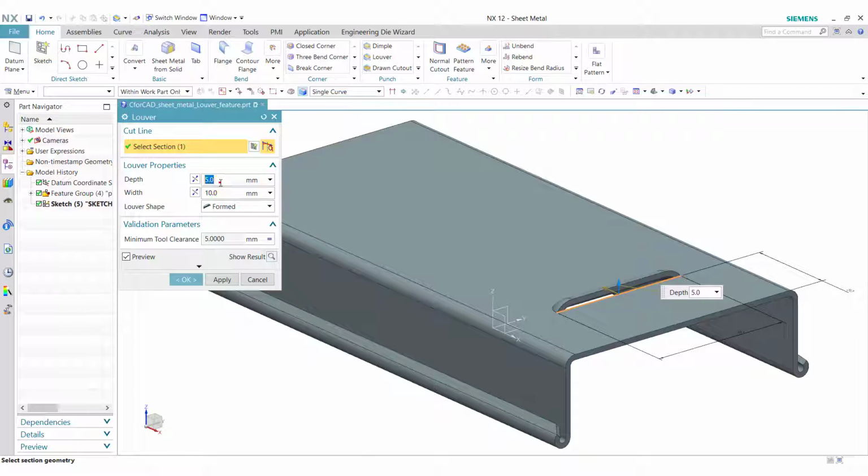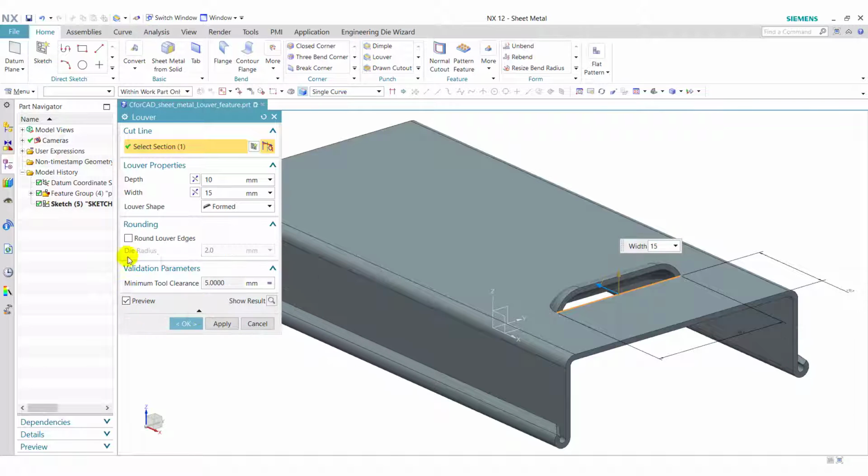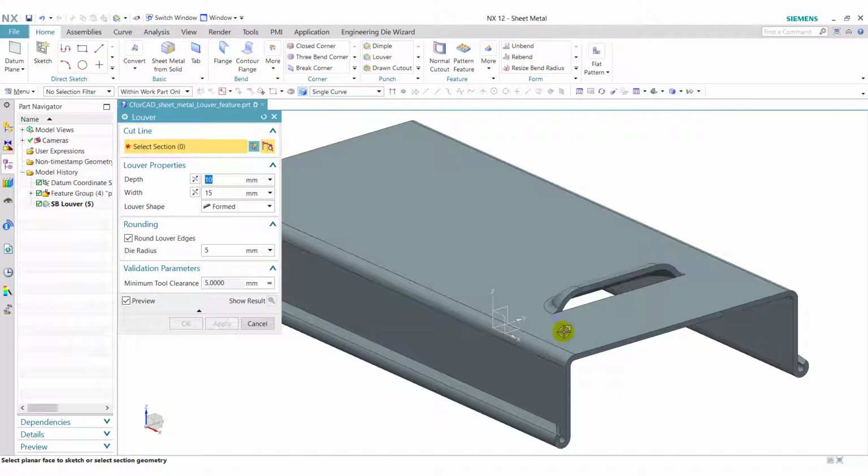Now in depth enter 10, in width enter 15, and in the more section tick mark the round louver edges and enter the die radius 5 mm and click on apply. So it will generate a louver shape like this.